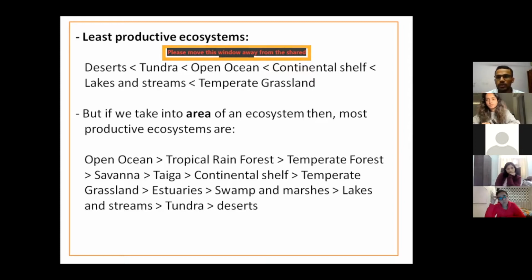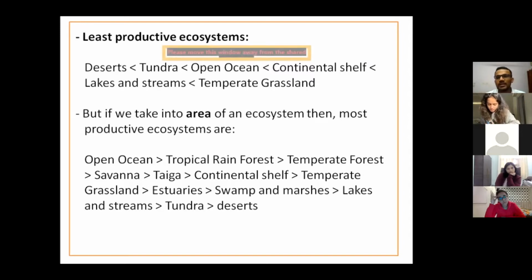Fine. So open ocean means that part of ocean which is quite deep. I'm excluding the continental shelf and also obviously the continental slope. So the continental slope and shelf are excluded, and the leftover part of the ocean floor, that part is less productive. Though the area occupied by that particular part is more, it is less productive than other ecosystems. Fine. I am not factoring in area here. Area of open ocean is not factored in. It is the point which we'll discuss as our next point. So open oceans are less productive.